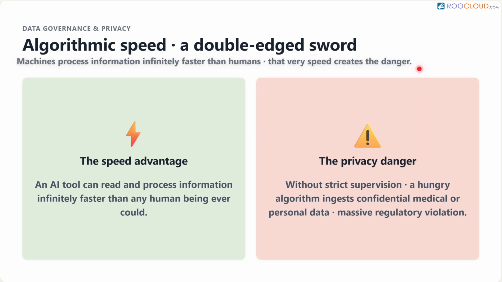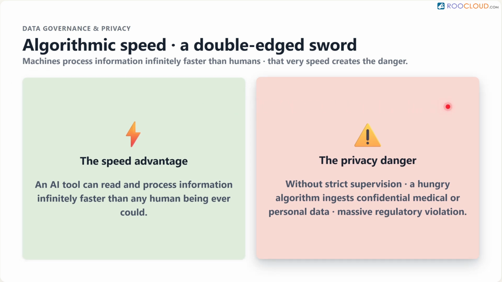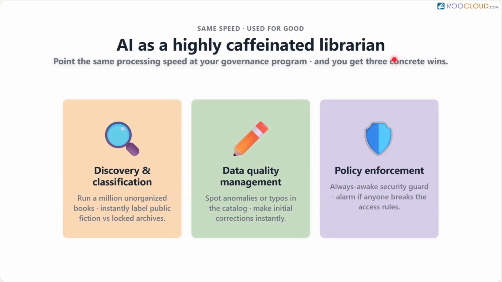Let us shift gears and look at our final topic for today, which is how this technology impacts data governance and privacy programs. Machines can read and process information infinitely faster than a human being. This incredible speed is a double-edged sword. Without strict supervision, a hungry algorithm might accidentally ingest highly confidential employee medical records or personal data, creating a massive regulatory privacy violation. But we can also use that same processing speed to our advantage to actually improve our governance